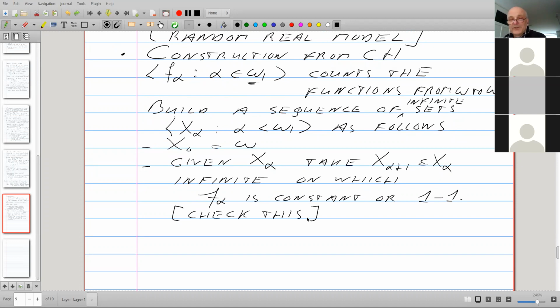Think about it. I just said how you do it, and think about it later for a moment and write it down for yourself. Because the really new bit is what to do at limits.